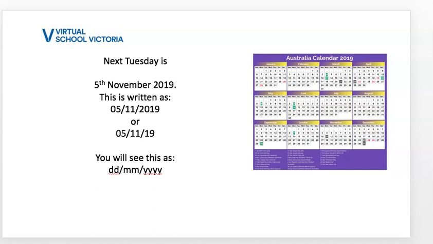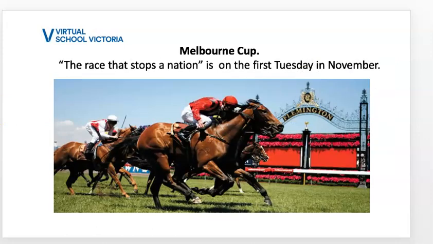The date next Tuesday from the 29th of October is the 5th of November 2019, and here are at least two different ways, three counting that one, to write the date. When you fill in a form, you'll see things like DD, MM, YYYY, which stands for day, month, and year. And of course, next Tuesday is the first Tuesday of November, and we have the race that stops